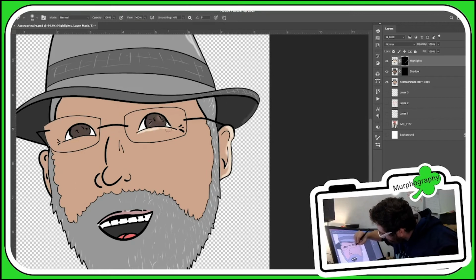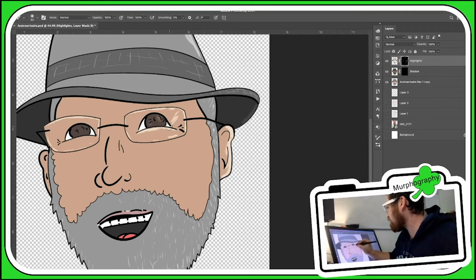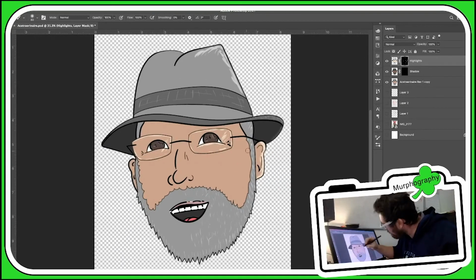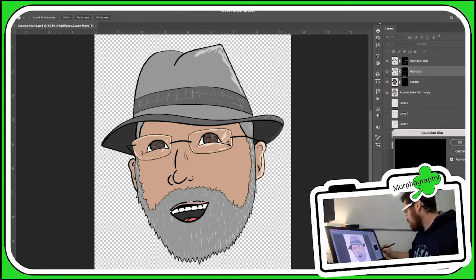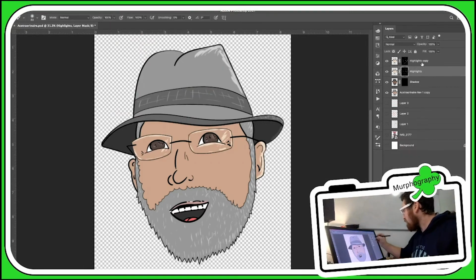Some highlights in the eyes, under his eye. This is the fun part with the glasses. This is where we can add that effect to where it makes it really look like glasses with some shine and sheen, and then of course the eyes. Just add highlights where it seems very natural, where you've decided that's where the light's coming from to the hat. I'm going to make a second highlight layer,